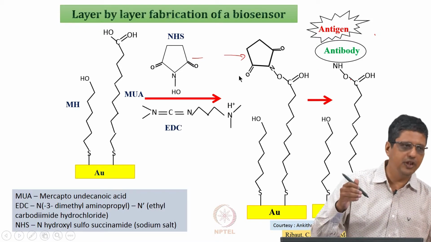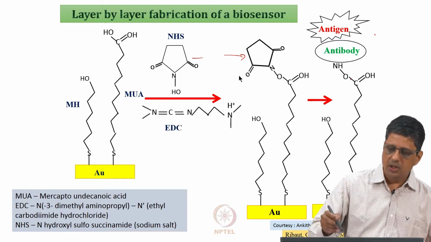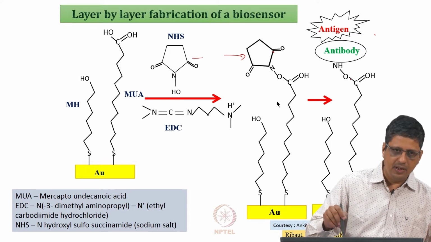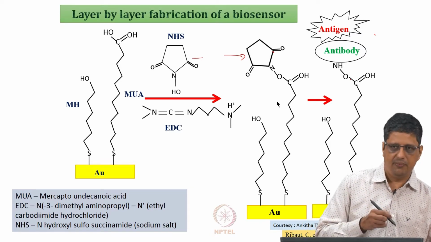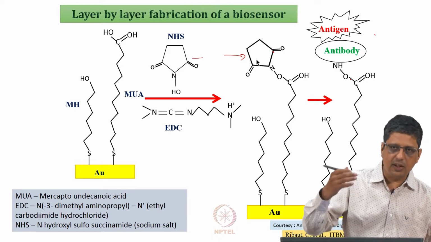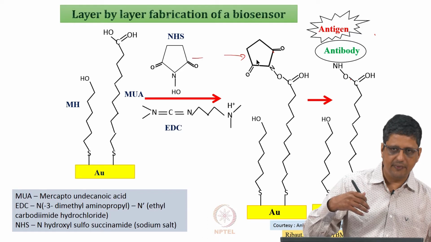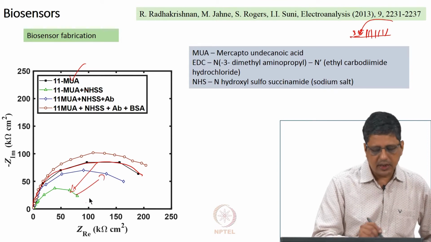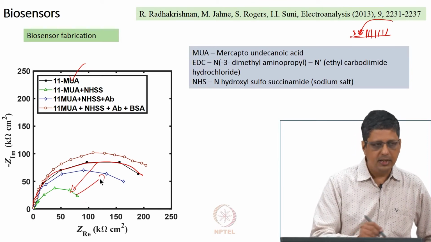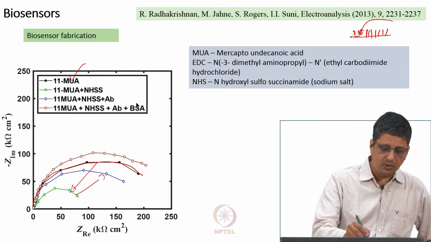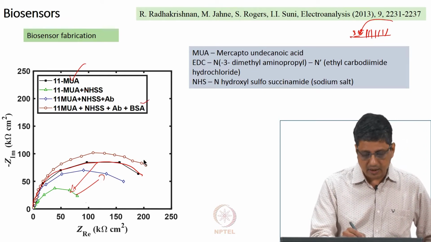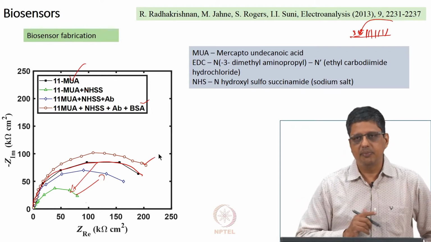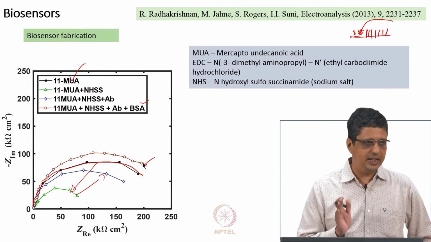This reaction is usually Fe2 to Fe3, ferro-ferri. Okay. So, that means open areas will allow some reaction to happen. Even these areas with SAM will allow the reaction to happen at a much slower rate. When I put SAM and NHS, it allows the reaction to happen at a little faster rate. So, that is why the impedance comes down. And then the group has attached the antibody and impedance has increased. When you expose to BSA and block the remaining area, you can again see it is increasing. That means there were some vacant areas where BSA is blocking. Now, this electrode is ready for testing.